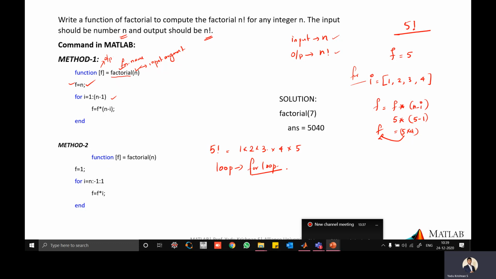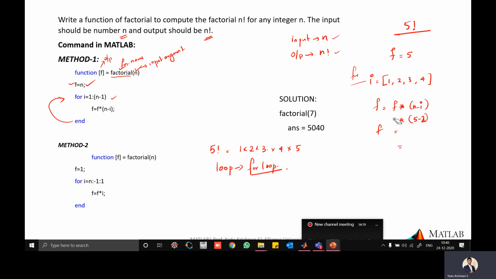So now your f is changed, because it is not going back to the old value. Once it comes to this, it is always going down. After the end of the for loop, it's again going back to the loop start only, it is not going back to the initial f. So the new f is 20. Now I'll do the same way. I becomes 2 now, because once going back to the for loop, I becomes 2. So f is 20, into 5 minus 2 is 3. That is 60.